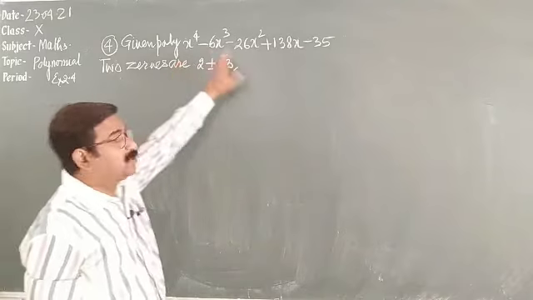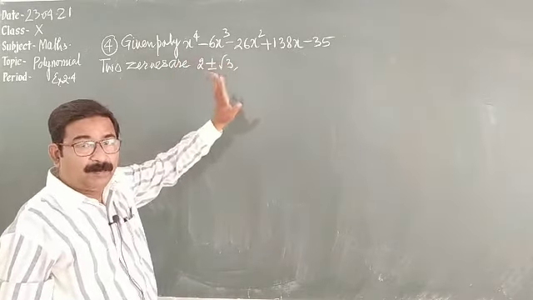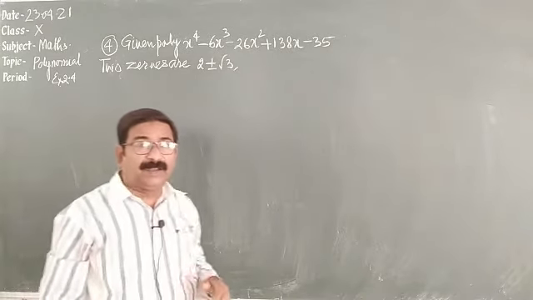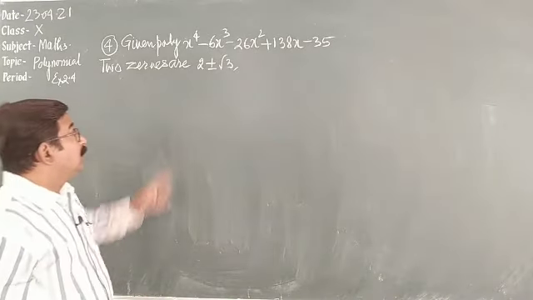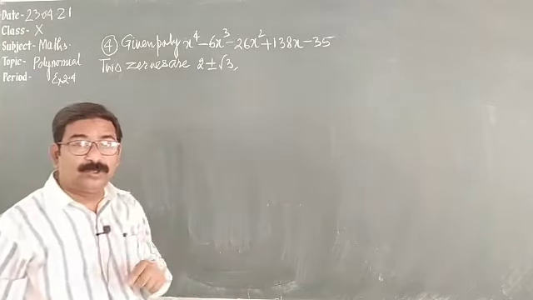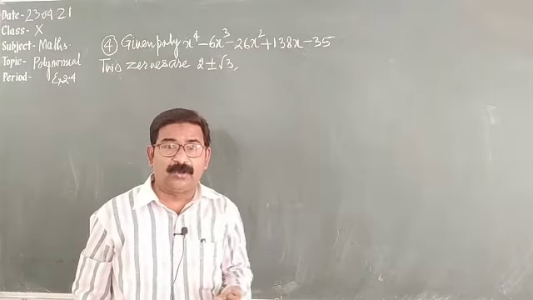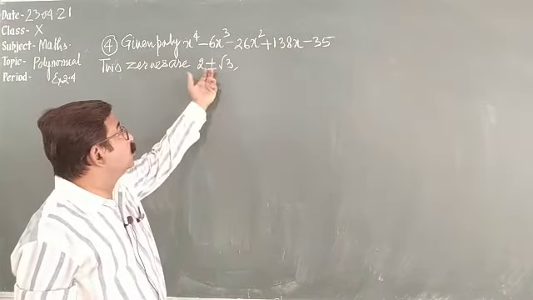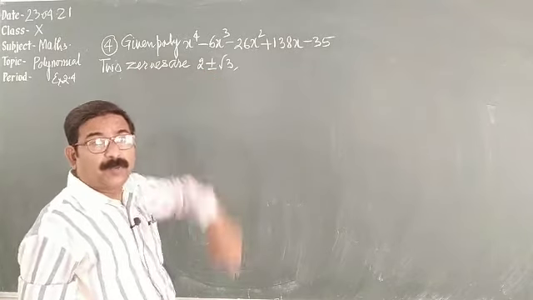So its 4 zeros must be there. Its zeros will be 4 in number. Two of the zeros are given and we have to find the other two. Now let's see. Two zeros are given. Then with the help of two zeros we can find a quadratic polynomial, because quadratic polynomial has degree 2. Its two zeros are given, so with the help of these given zeros we can find out a quadratic polynomial.